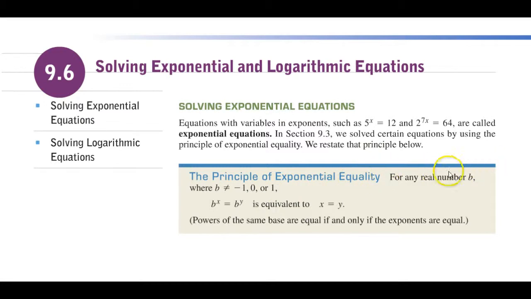Well, as long as b does not equal -1, 0, or 1, if we have b to the x power equal to b to the y power, then we say these exponents are equal to each other, even though they may not look exactly alike. They are exponents, and they do equal each other. Okay,